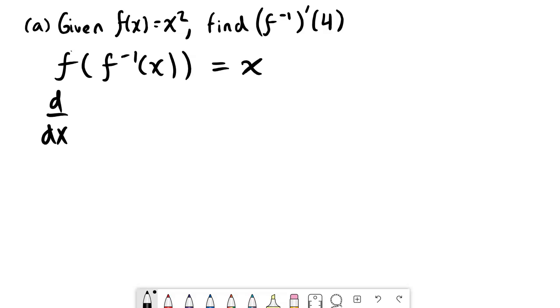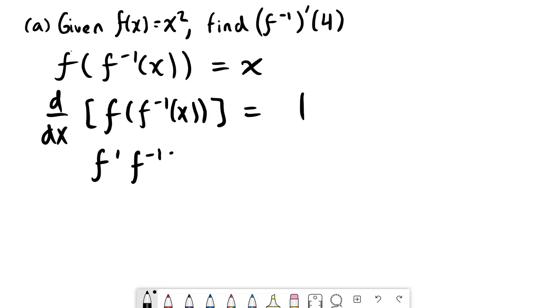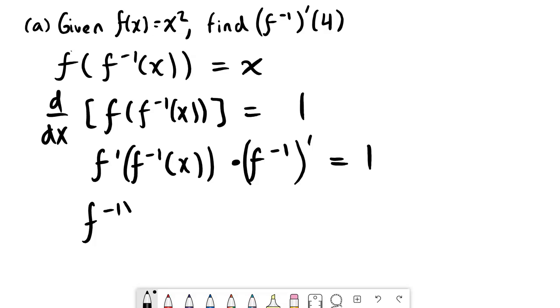So d dx of this, and we get 1. I'm just going to already evaluate that derivative. Now we keep the derivative of the outside and then keep the inside the same, and then multiply by that chain. The notation that you would use for this, not Leibniz notation but more the Newton style notation, is like this. This is equal to 1, and then we found that the derivative is equal to 1 over,